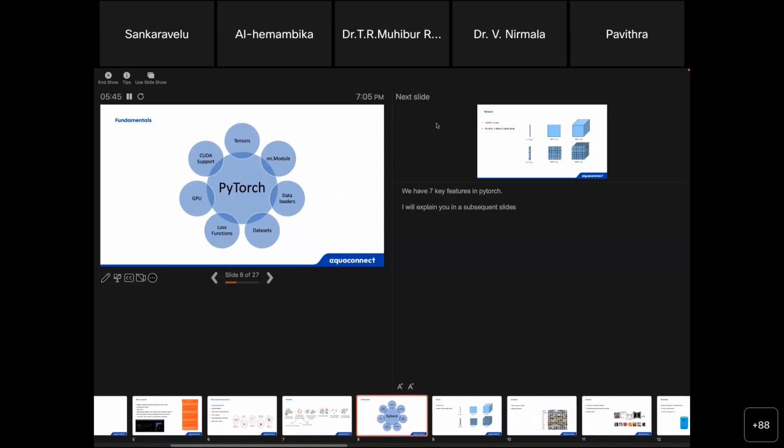We have 7 key features in PyTorch: loss functions; GPU, graphical processing unit; CUDA, a software that works seamlessly with hardware; tensors, which are like NumPy arrays; the NN module, which is the neural network model; data loaders, which load large sets of data easily; and datasets, which has